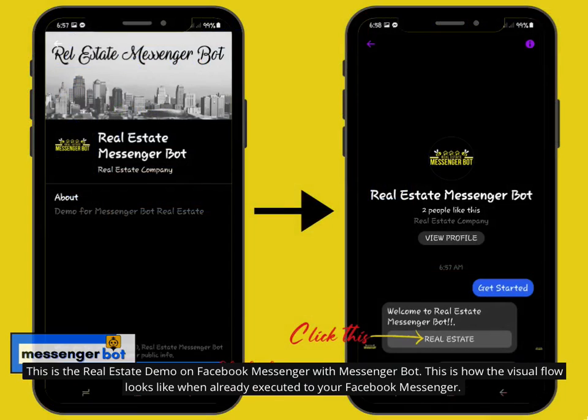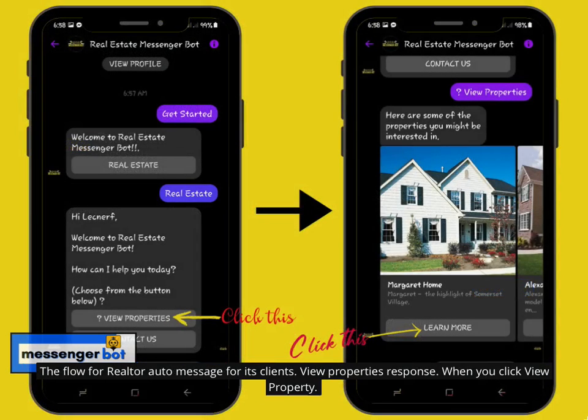This is the real estate demo on Facebook Messenger with Messenger Bot. This is how the visual flow looks when already executed in your Facebook Messenger. The flow for Realtor auto message for its clients. View properties response. When you click View property,